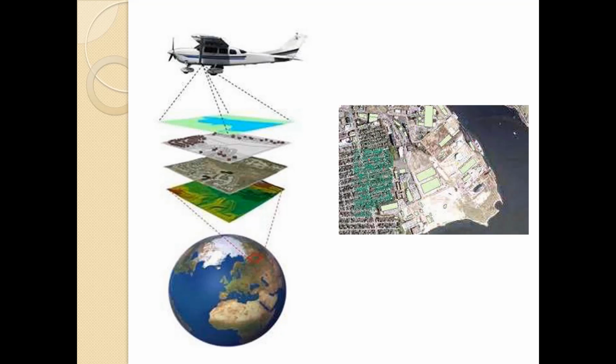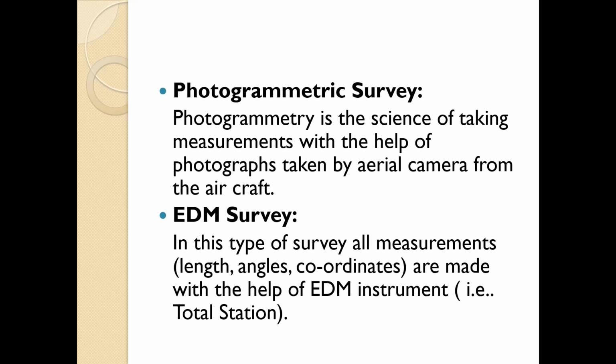This is one of the pictures taken by photogrammetry. A series of pictures is taken, and by using different layers we can analyze those pictures. Here you can see different layers, like the format on Google Maps, where water is shown in one color, land in another, and then roadways and all other things can be shown on the map. This way photogrammetry can be done. Again, last is the idiom, as I told you earlier.